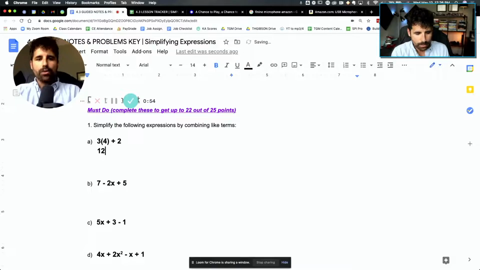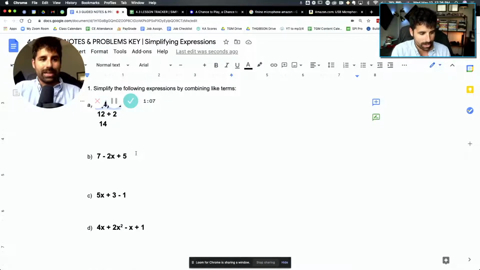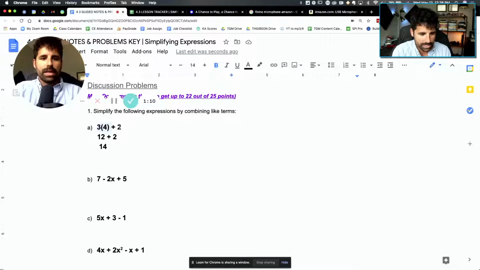I can do that multiplication. So 3 times 4 is 12 plus 2, and then 12 plus 2 equals 14. I have now simplified this expression by combining all my like terms because, as you remember, constants are also like terms. Let's jump down to this one, constants being like numbers that aren't being multiplied by a variable. Question letter B,